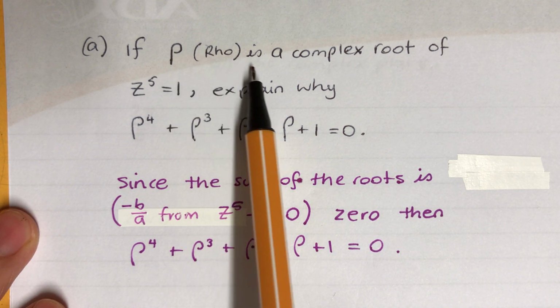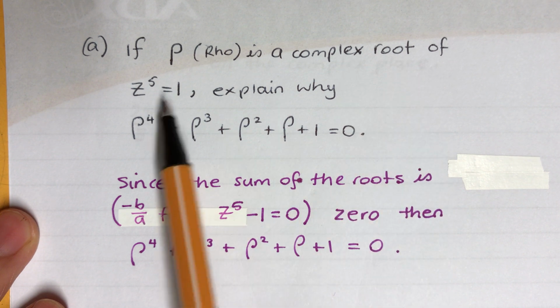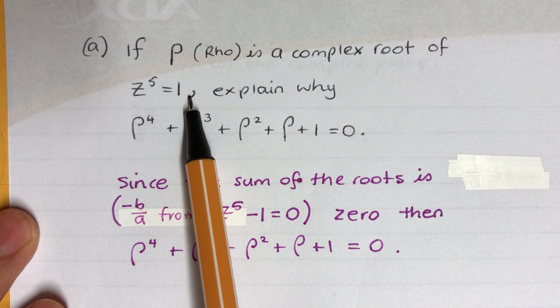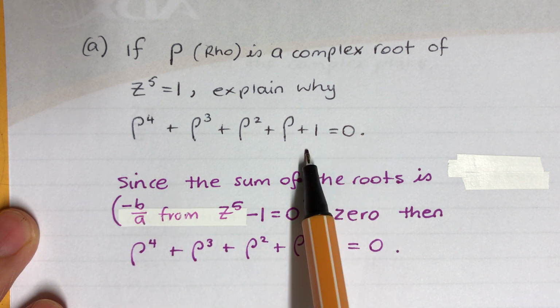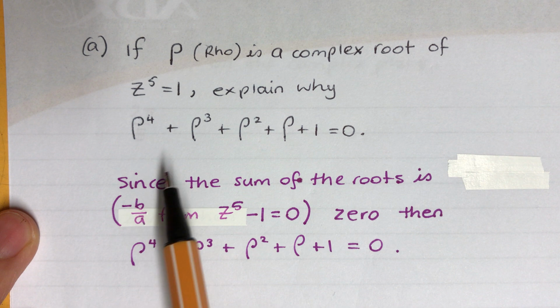And part A, let's have a look. If rho is a complex root of z to the power 5 equals 1, explain why the sum of the roots is 0. Now, if you think about it,